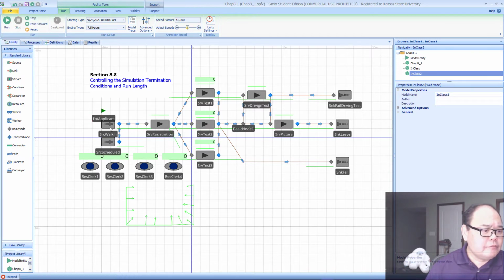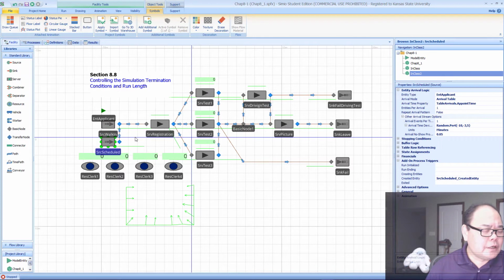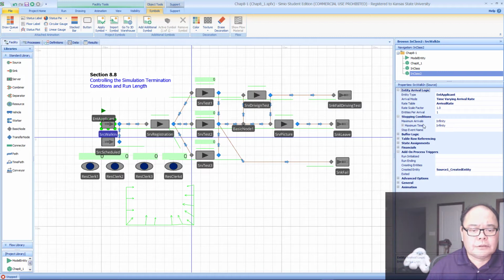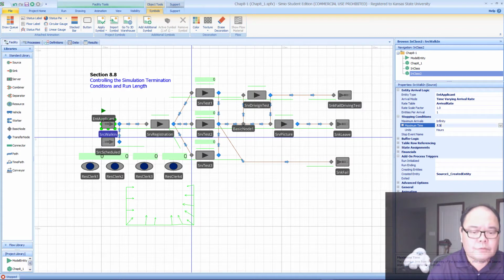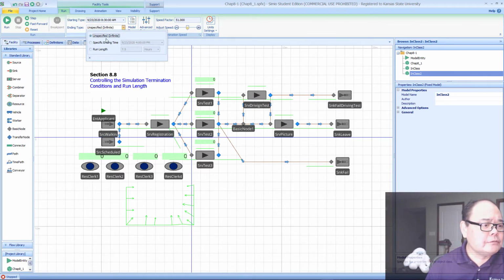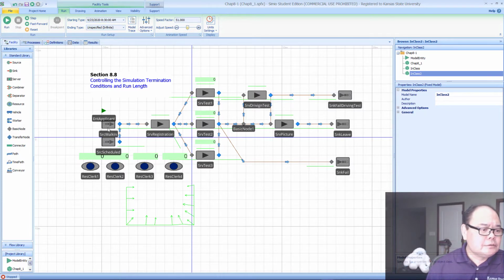For the scheduled arrival, we're not worried about that because they stop their appointment after 3:30. However, for this so-called time varied arrival, we need to shut down the arrival after 7.5 hours. So this is what we do. After 7.5 hours I shut down, and if I change this to so-called infinity, I will shut down the walk-ins